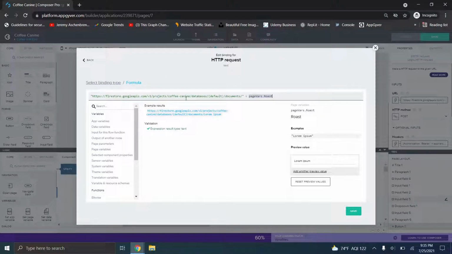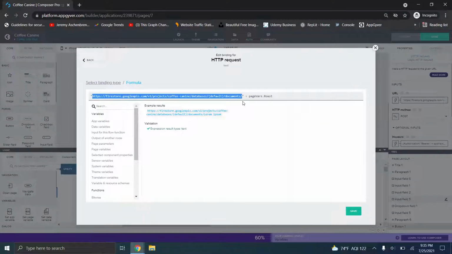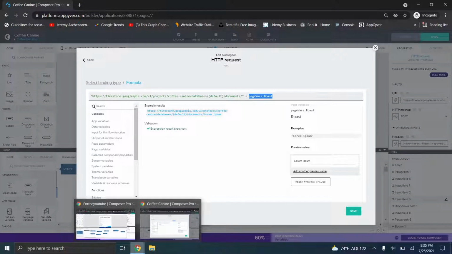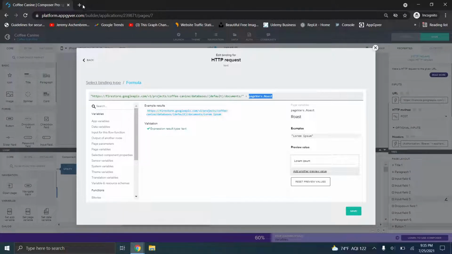So if you want to make your form similar to what we've already done, then follow the logic and flow there. This is designed to make something with a little bit more complexity. So you'll notice what we can do is you can actually add in this information to post to this location. So we're going to post to documents, and we're going to post with the page variable for roast. So the idea here is when we go to Firebase, so if I were to log into Firebase for this specific account and you navigate to this web page,